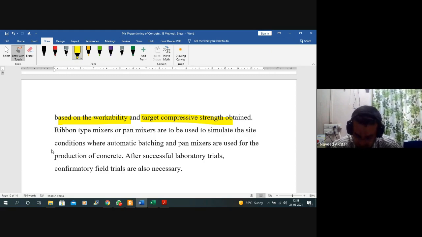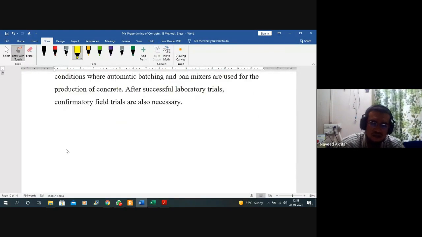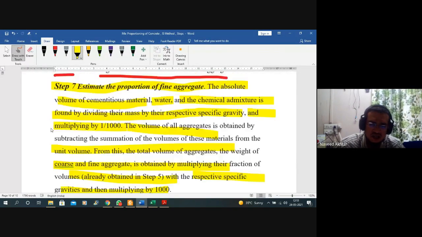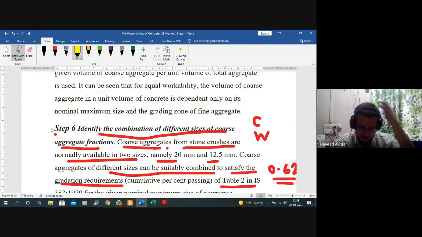You have to take another trial by adjusting the ingredients of concrete. So mix proportioning of concrete is nothing but the trial and error method, and these are the 7 to 8 steps you have to follow to find out the very mixed proportioning of your concrete.